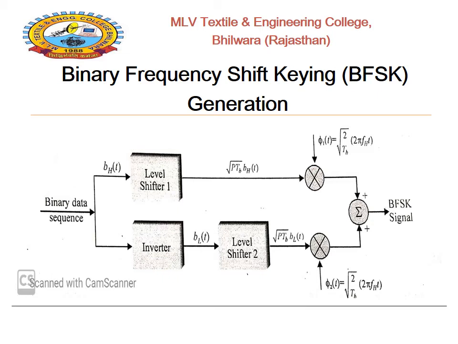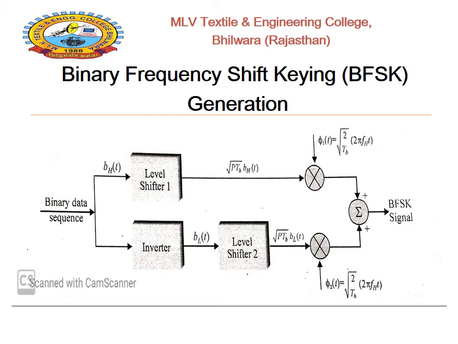Both are multiplied, where phi 1 of T is under root 2 upon TB, 2 pi FH of T. FH of T, the higher frequency component related to phi 1 of T, is multiplied by the input bit sequence related to the term under root P TB BH of T. So that's the